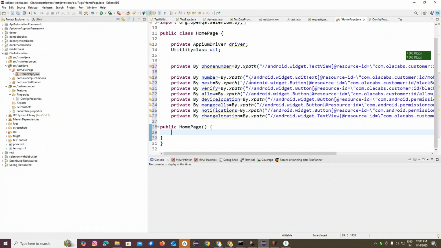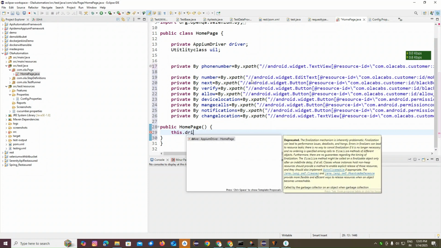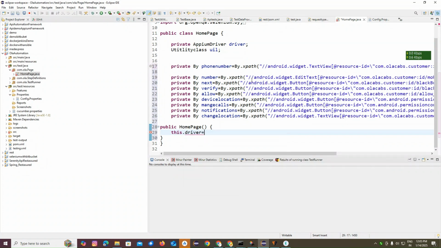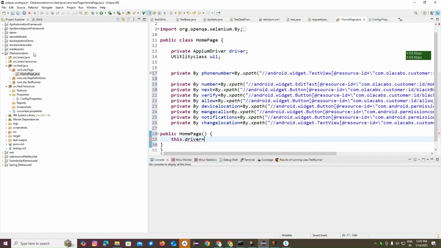So we need to create a constructor here. So what I'll do is, we need to give this dot driver equal to, this dot driver equal to this one,